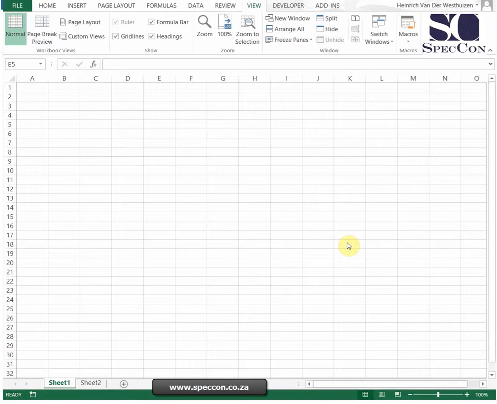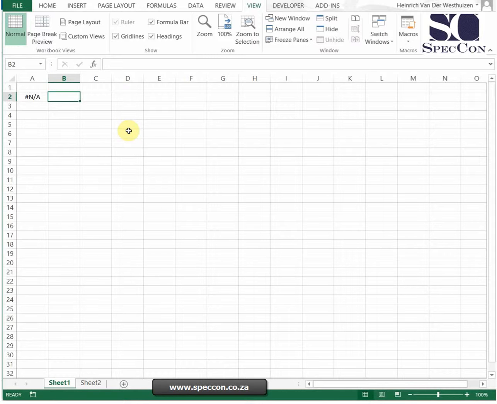There's only a few errors that Excel can actually give you. Now I just want to quickly run through the types you get. The first one is the not applicable. So that would look like that. So you normally get this with a VLOOKUP, where you are trying to search for something and Excel